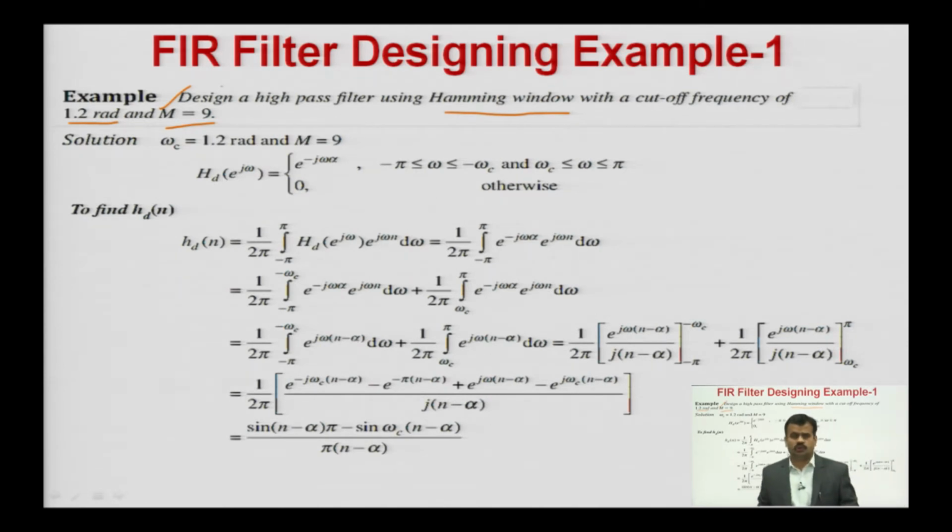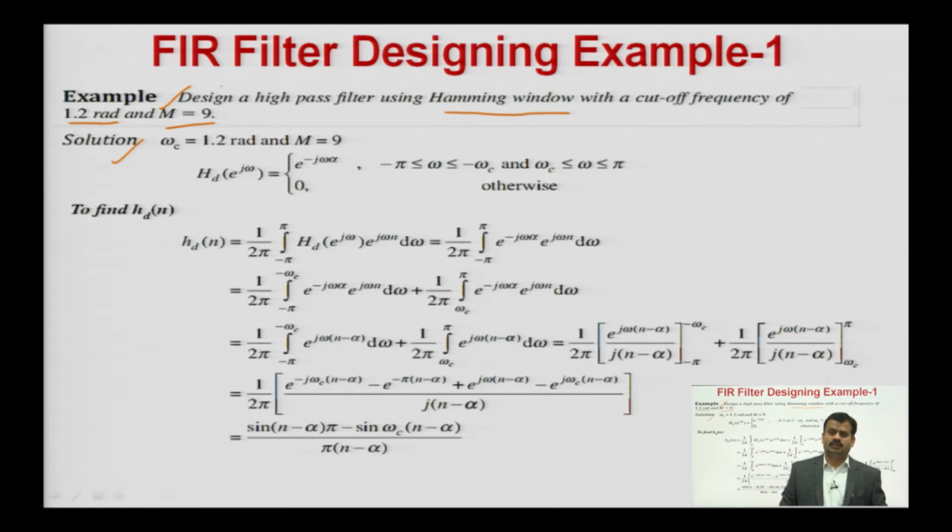You should know the mathematical expression of the Hamming window function, then it will be easier for you to design this FIR filter for the length of 9. For solving any question, at first you have to see what is given to you and what you have to determine. You have to design your filter. In an FIR filter, if it says design a filter, it means you have to find its filter coefficients.